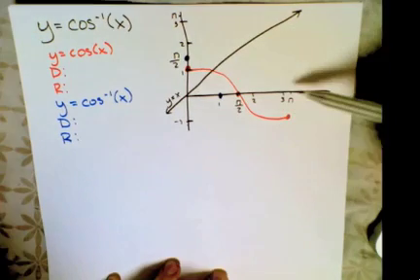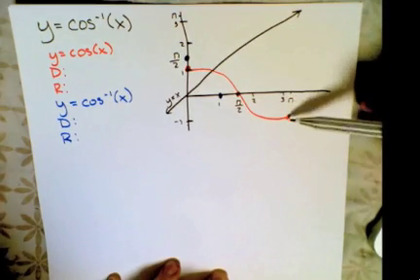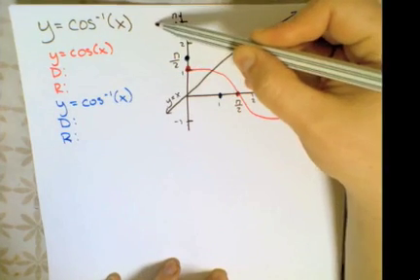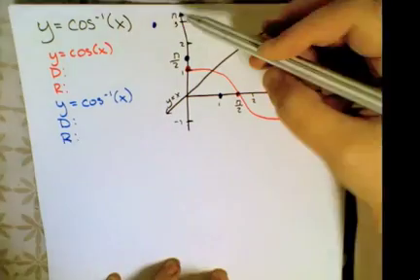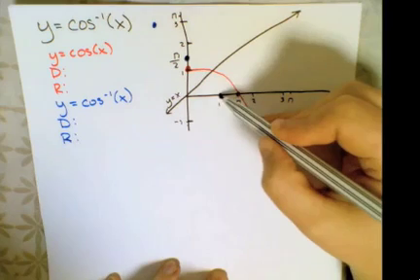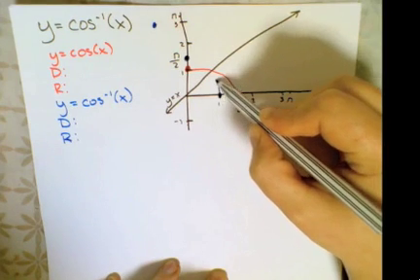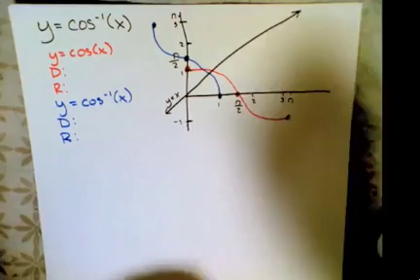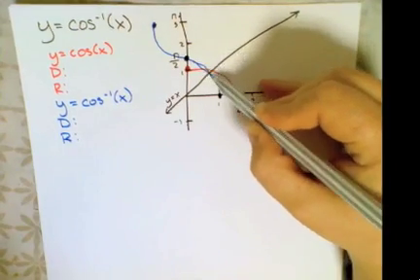And (pi, negative 1) turns into (negative 1, pi). So that it looks kind of like that, except they would cross here at y equals x. Okay,